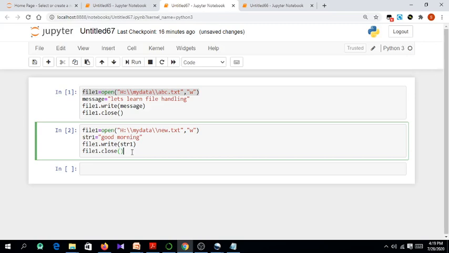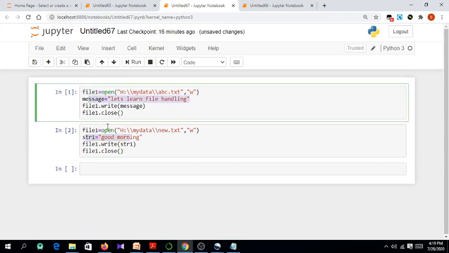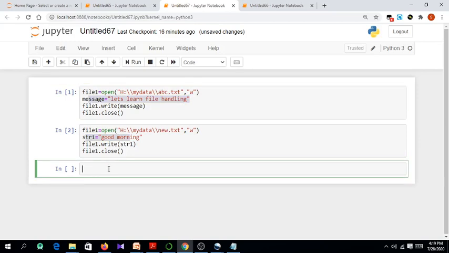Now let us go and see some more examples on writing into a file. In both the examples I have written some string into the file. Now let us write a program that will write some names into a text file. Suppose I want to run a loop 5 times, in which I will ask the user to enter a name, and I will enter all the names one by one into the text file. Now let us try to do this.